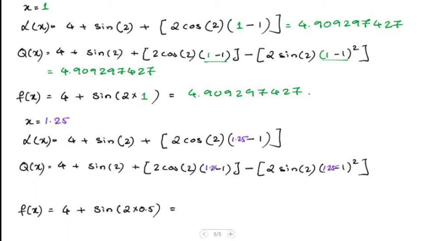I'll replace them first so I don't forget any. Now the values that we get for 1.25 are 4.701224009, and here we'll have 4.587568183,